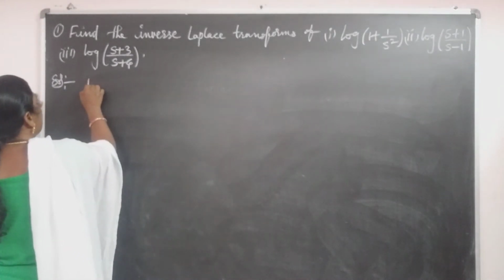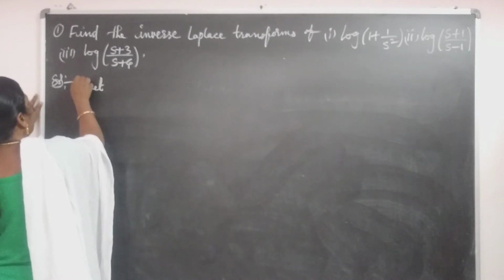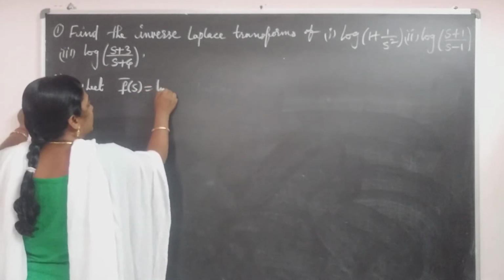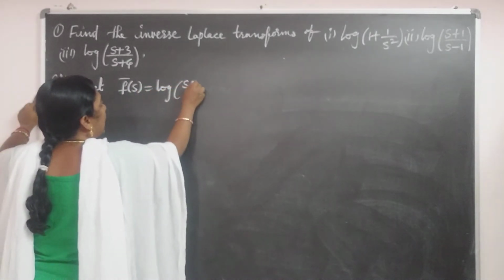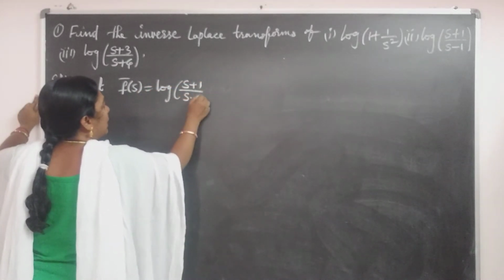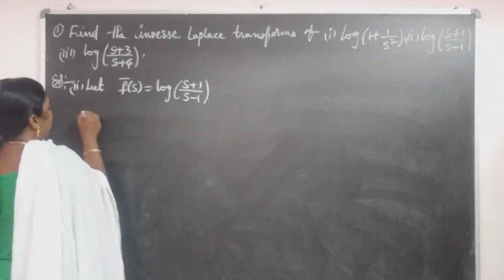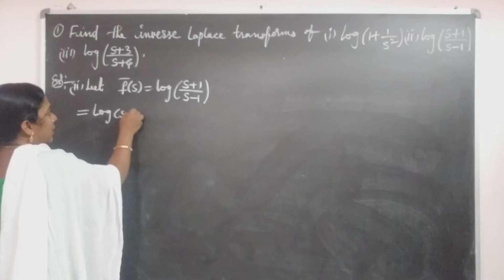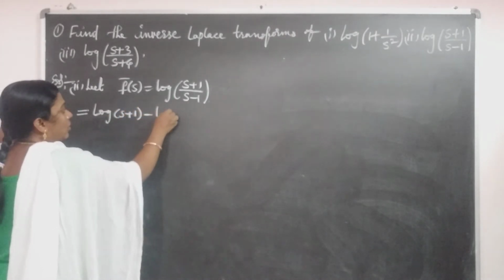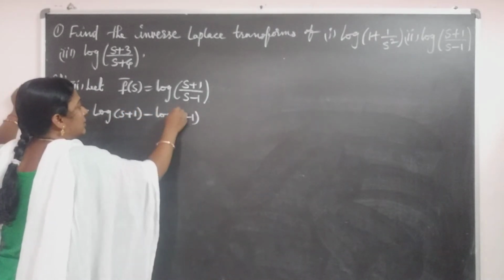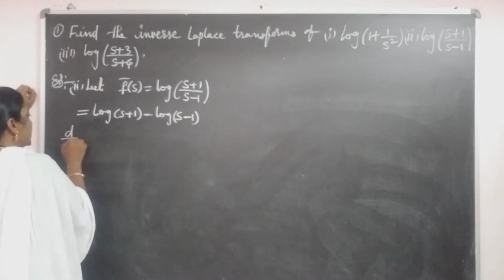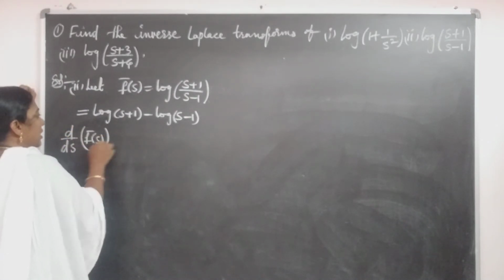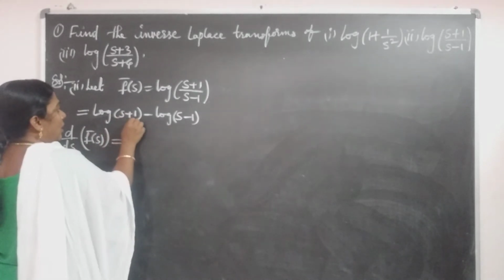Second one is, let f bar of s equal to log of (s plus 1) by (s minus 1). By using the property log a by b equals log a minus log b. Next, taking derivative on both sides, d by ds of f bar of s is equal to derivative of log of s